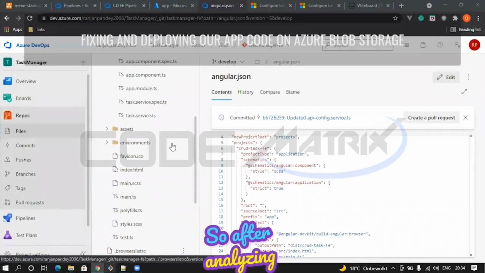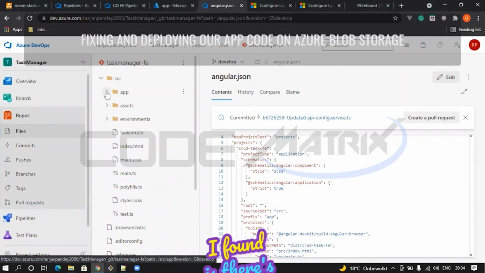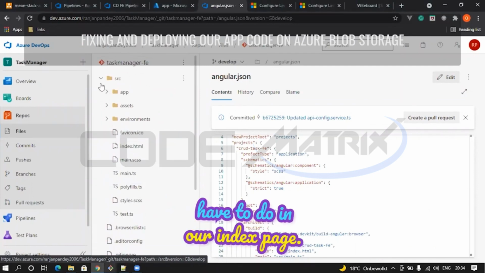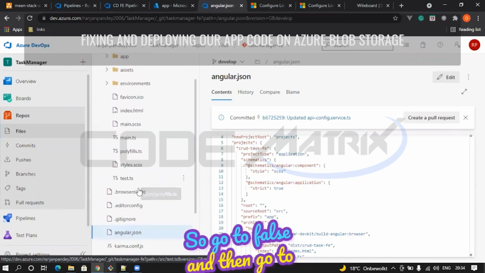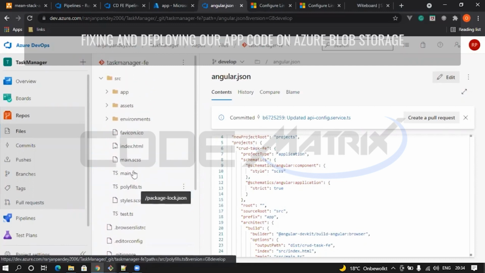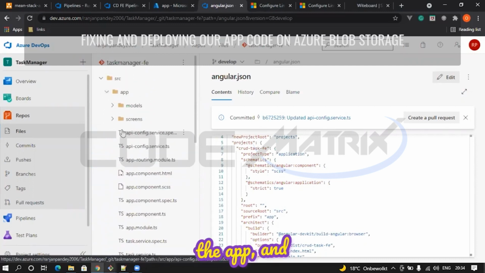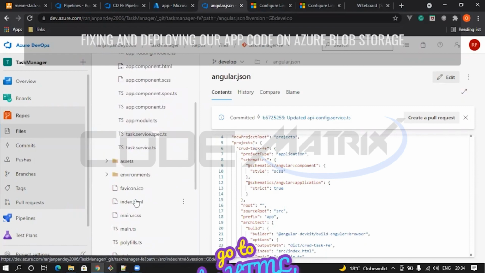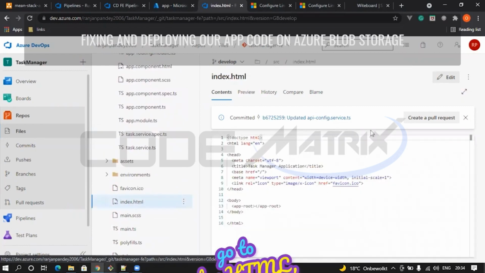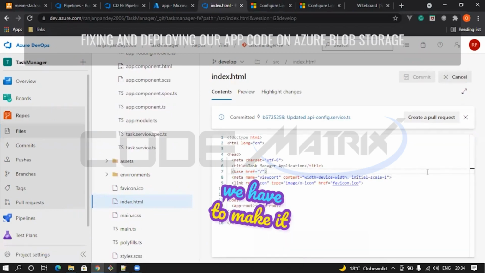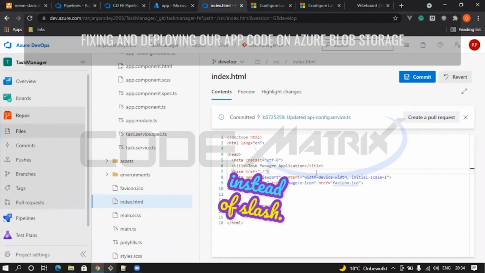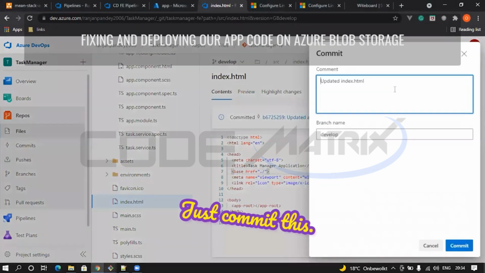So after analyzing the issue, what I found is there's a small change that we have to do in our index page. So go to source and then go to the app, and go to index HTML and edit this index HTML, and this base tag we have, now we have to make it as dot slash instead of slash. Just commit this,